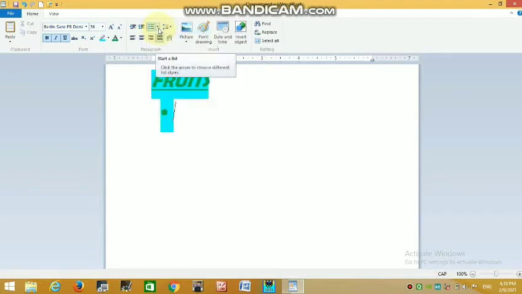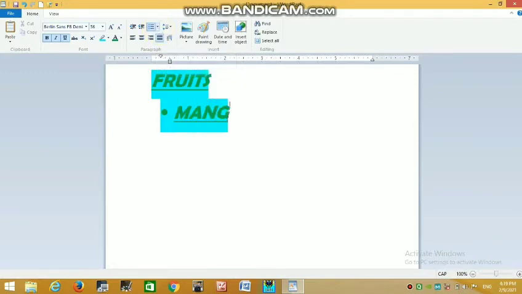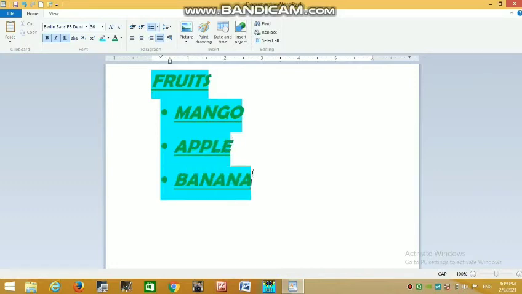Okay, now click. This way you can make a bulleted list and a numbered list with the help of your toolbar, with the help of this ribbon. So these are the basic commands of the paragraph group.